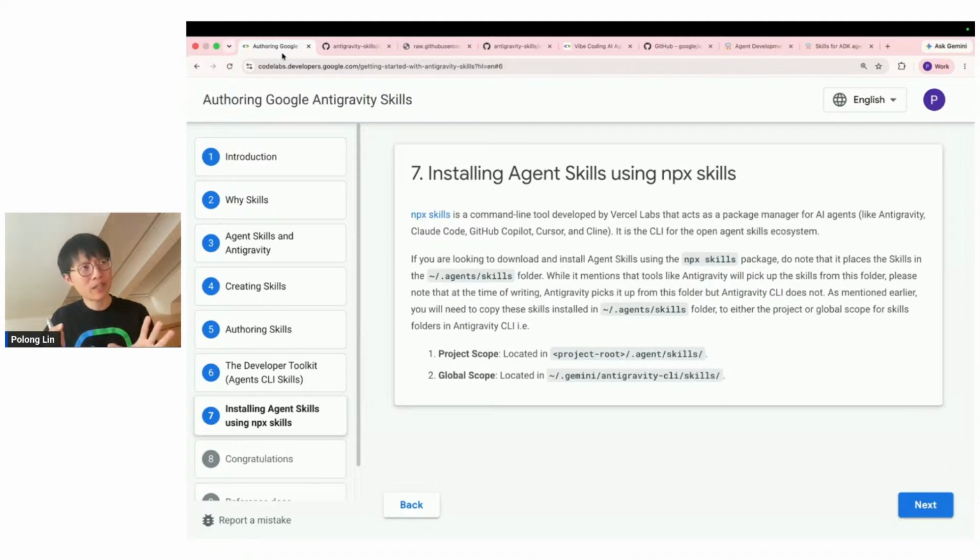So repetitive, tedious things that maybe you could convert into a skill. The way that I would approach it is in Anti-Gravity, try to do things manually, and then ask Anti-Gravity to convert that into a skill, to create the skill for me based off of that. Okay, so that will help you create some skills that will help you in your day-to-day life.